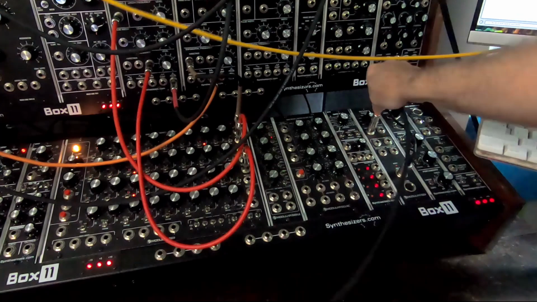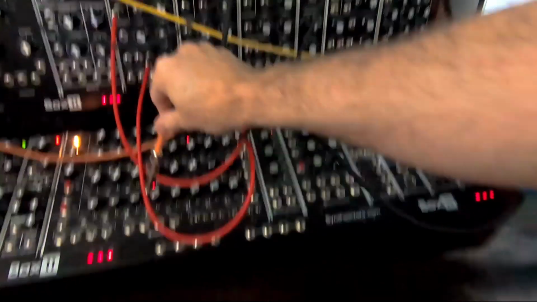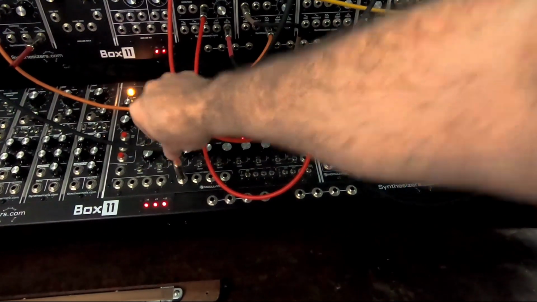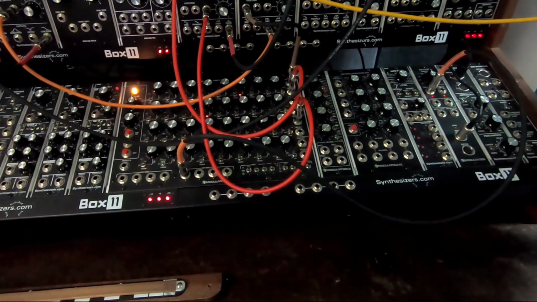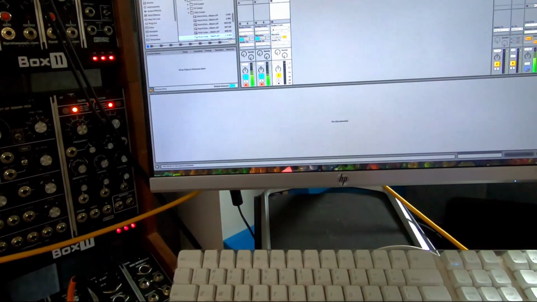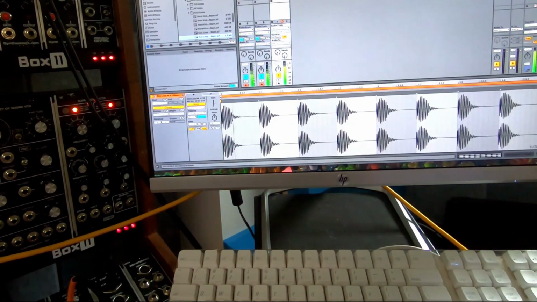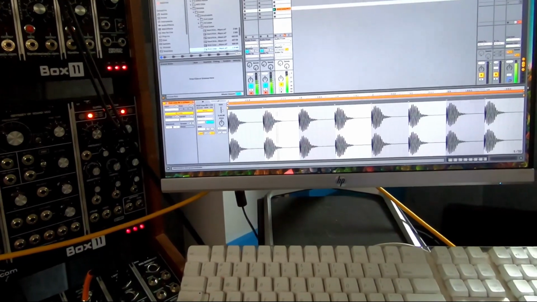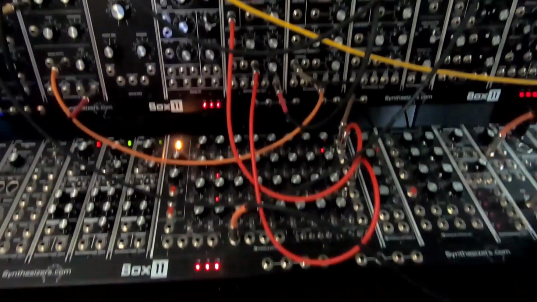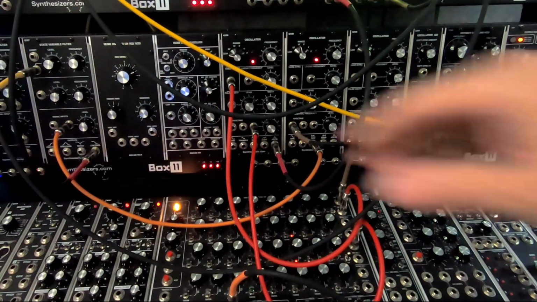Okay, clock out into the shift inputs. Okay? Now to make sure it's synced, I'm going to start a kick drum. So now the whole thing is synced to MIDI with